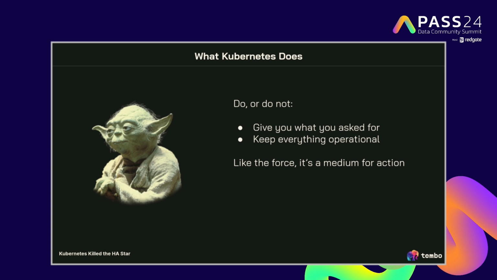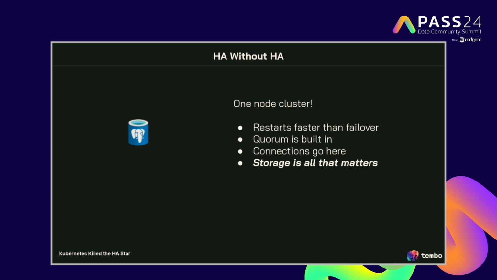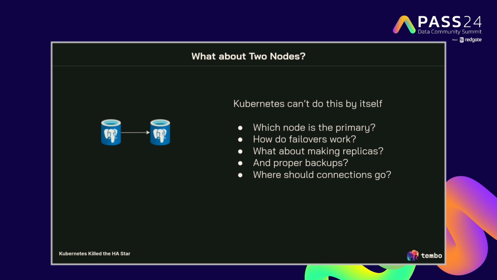And that's the point. You tell Kubernetes what to do and it builds it for you. And like I said, even if you were using Patroni, it doesn't matter. If you're using Cloud Native PG, it doesn't matter. You can have a 1-node cluster, and you can have a 2-node cluster. These are not something you would normally consider in a high availability situation.